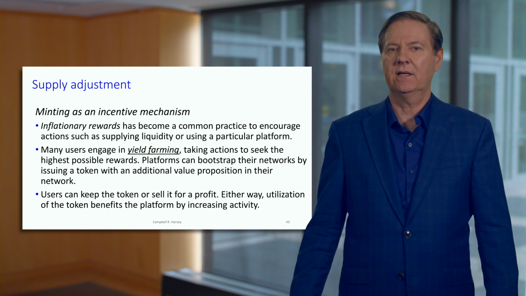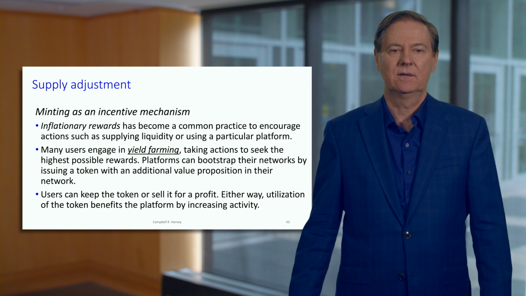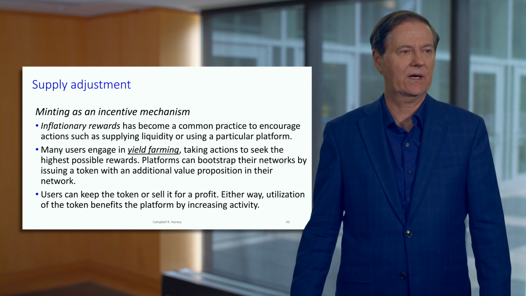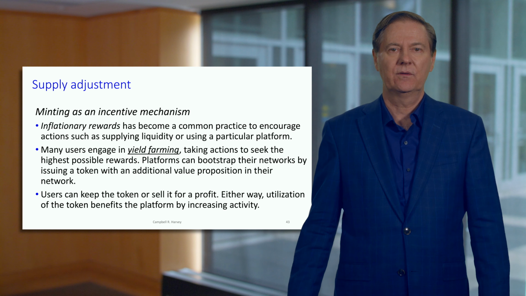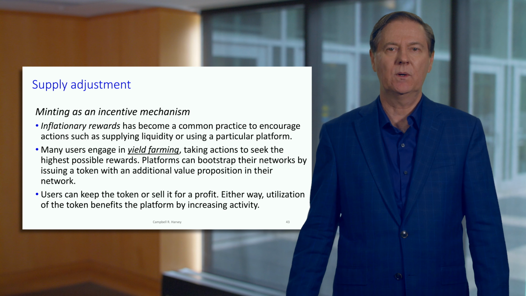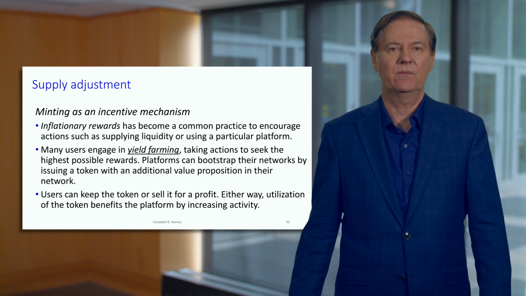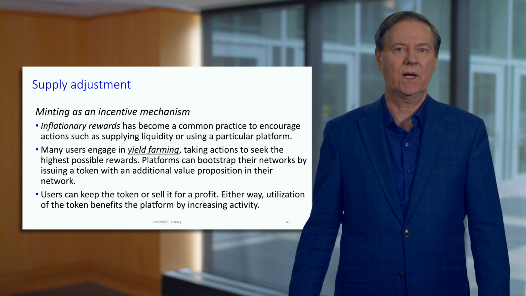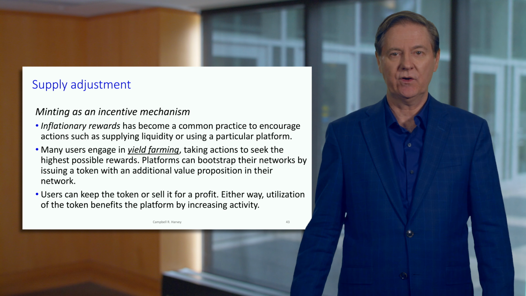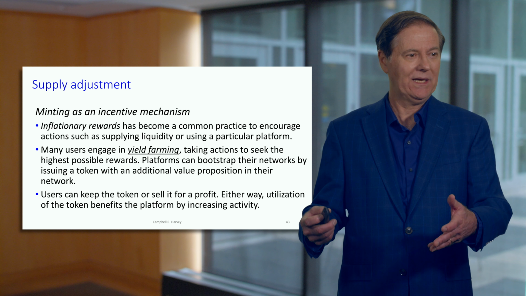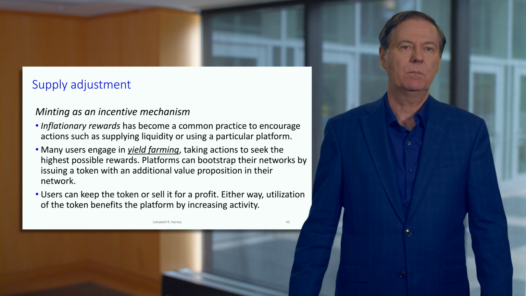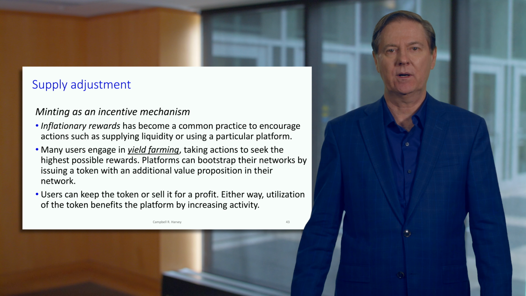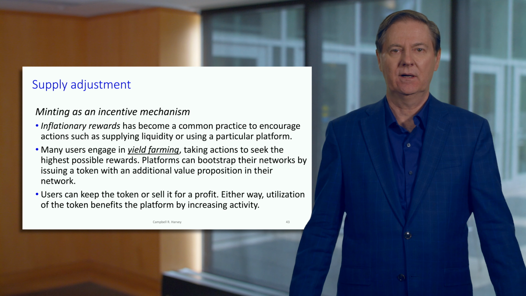We mentioned briefly in the first course this idea of yield farming. This is basically a situation where you engage in actions to get the highest possible reward. So you've got money in a liquidity pool that's earning some savings rate. You have a utility token. Then you deploy that utility token because it's valuable. It's basically representing, let's say, 10% of that pool. You can deploy that to another DeFi protocol and earn another level of interest.